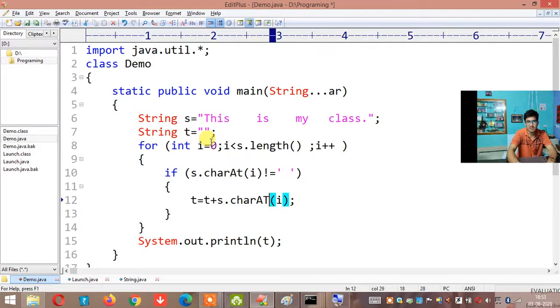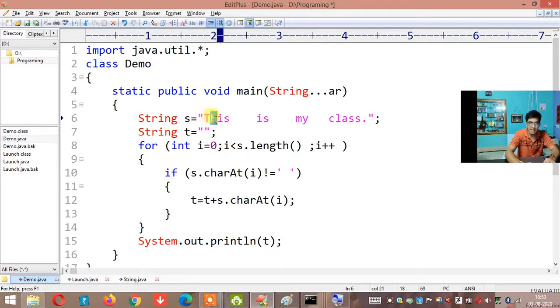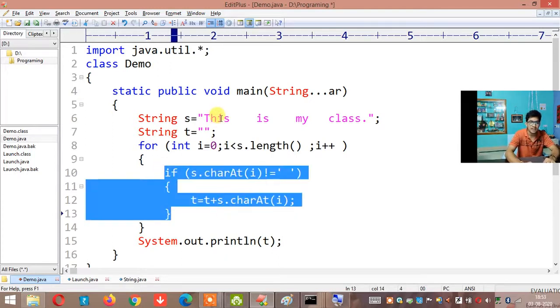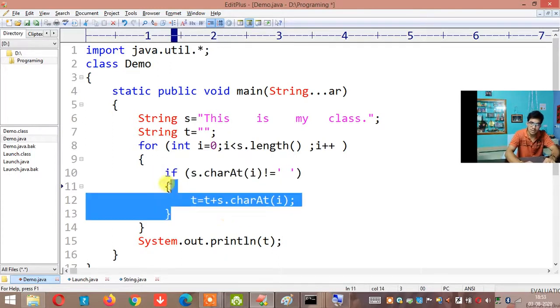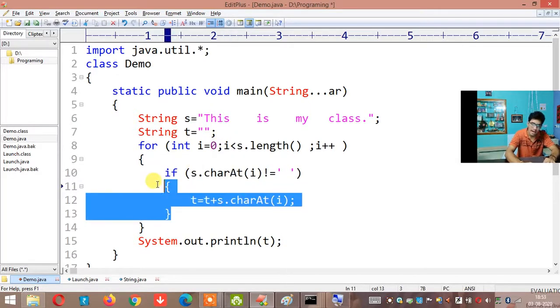Yes. So what am I telling? I'm telling, if the character is not equal to space, add it to the string t. Is h equal to space? No, h is not equal to space, add it to the string. Then I will increment. Then comes i. i is also not equal to space, add it to the t. s, you are seeing, s is also not equal to space, add it to the t.